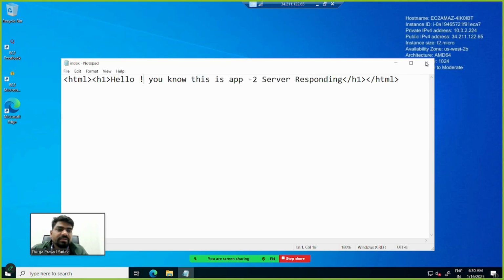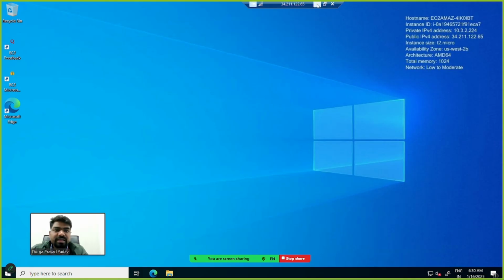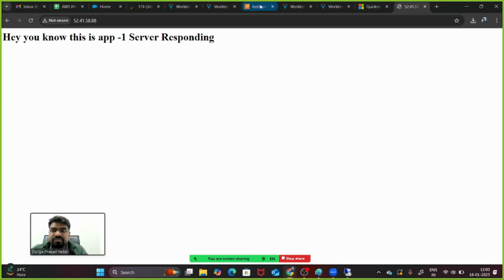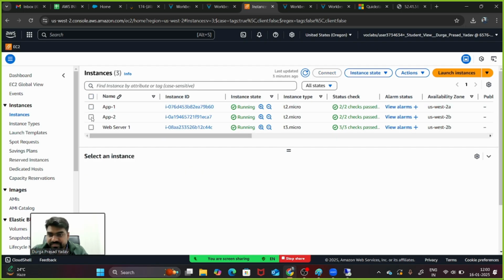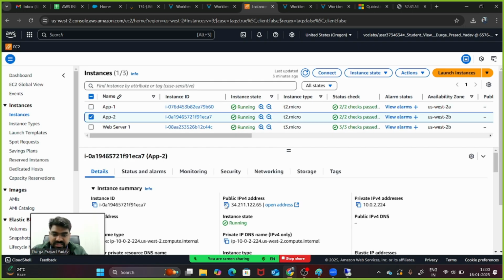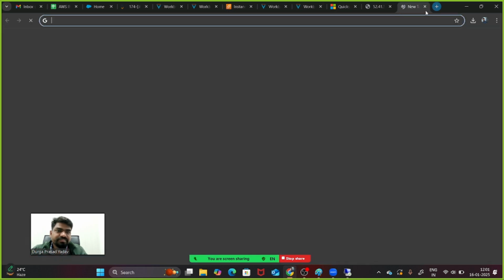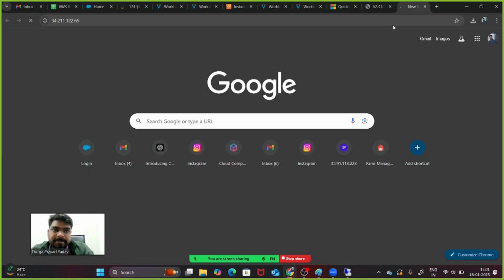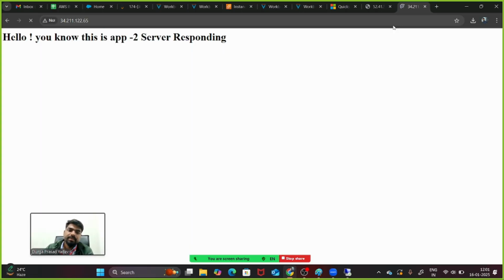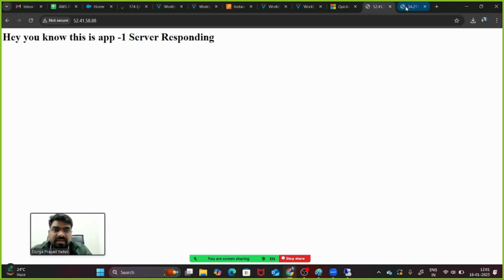That's done. Now the time is to verify the second machine. First machine is responding. Let's check the second machine now. Copy this IP and paste it beside. Both servers are working, guys. As you can see, server 1, server 2, correct? Both are working.